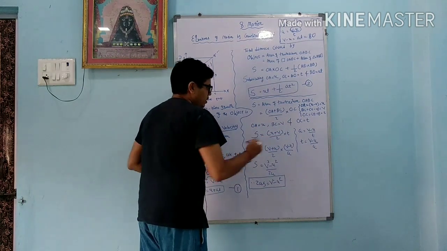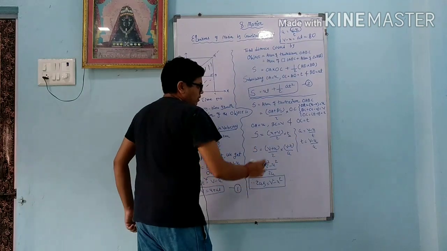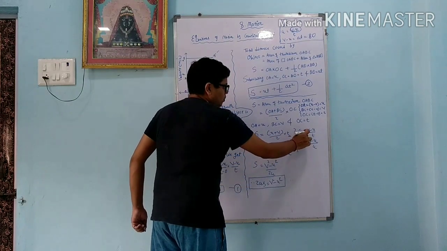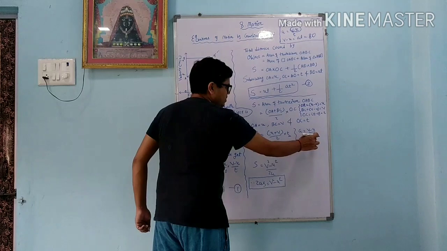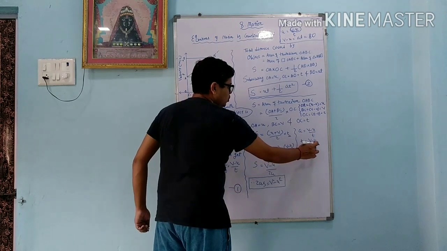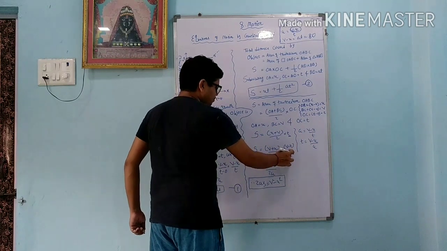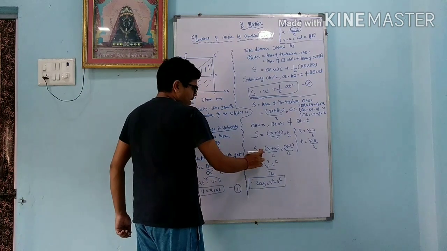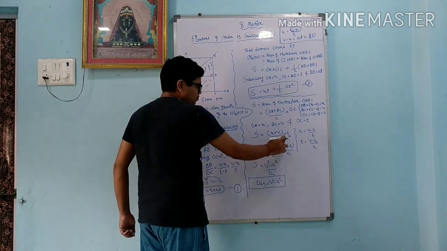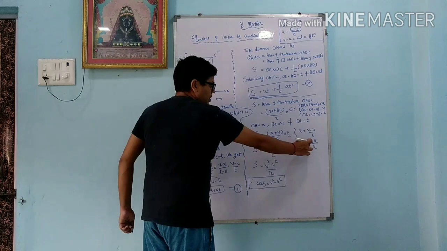Now dear student, take care here. In this, we will take T from the equation A equals V minus U by T. Now this T comes here: T equals V minus U upon A. So we will substitute here. We can write S equals V plus U divided by 2, and T equals V minus U divided by A.